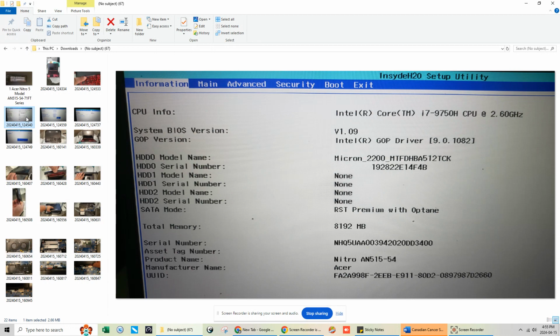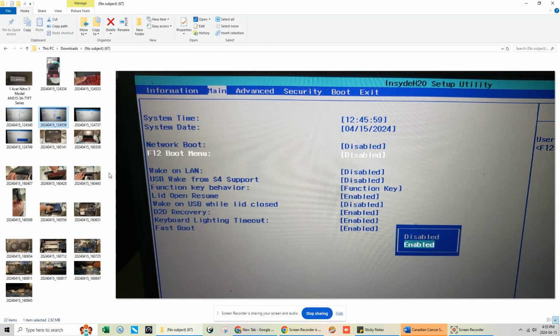So the first thing you want to do is go to the Main option here. If you look at it carefully, F12 Boot Menu is disabled by default. And that's why, when you press F12 to see what devices are bootable, it is never going to show, because you have to enable it first. So as you can see here, use your up and down arrow keys and scroll down to the F12 Boot Menu, hit Enter, and then use your up and down arrow keys again to go down and enable it